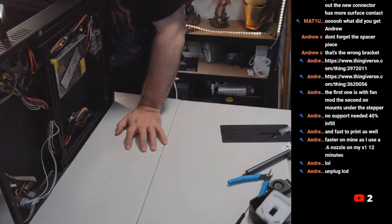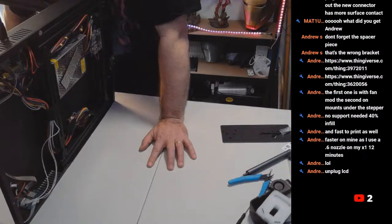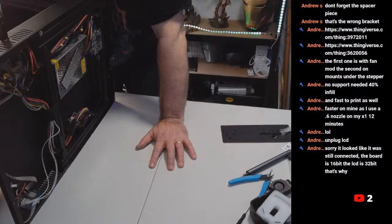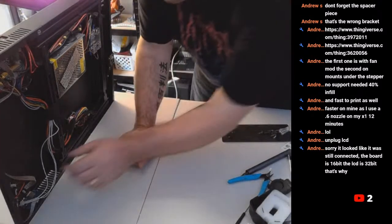So I'm just going to open this, flash the firmware. Do not disconnect the printer, do not unplug, do not sneeze, do not do anything. Flashing succeeded. Okay, so yeah, it's absolutely fine. Okay, obviously they're not talking to each other properly. Right, so I'm going to unplug that. That's been done. I don't think I need to do anything else under here apart from replug the LCD back in